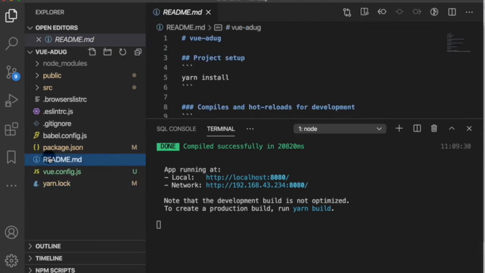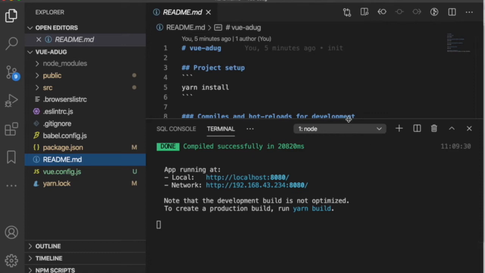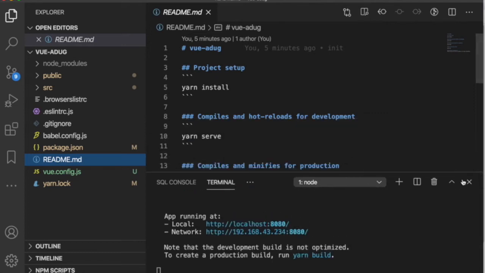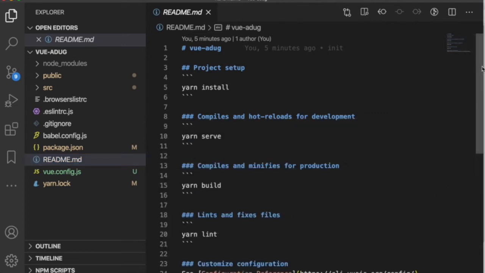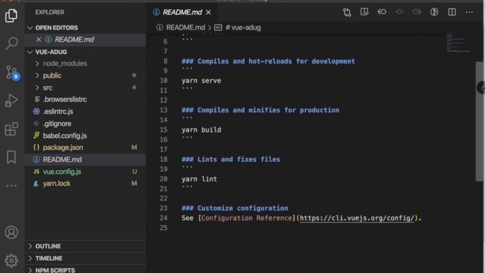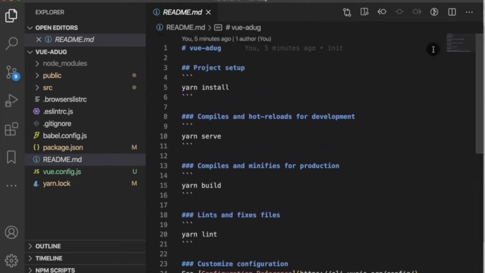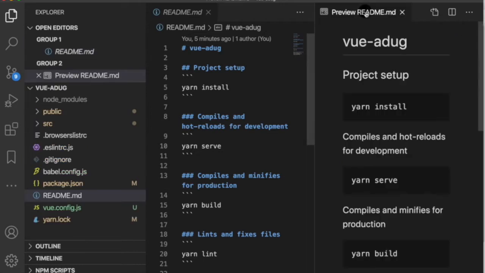There's a generated README file. Let me just move this down. In fact, we can close that, which is a basic markdown file that you can use. And the pretty cool thing about this is